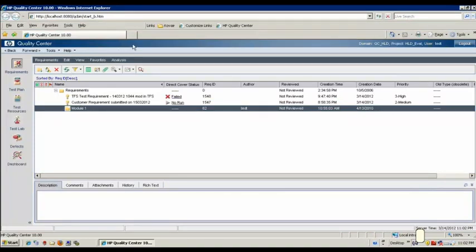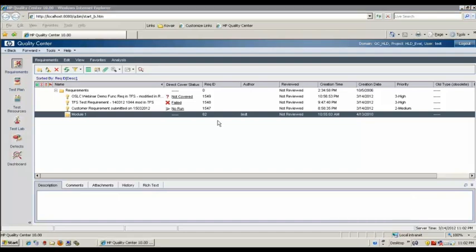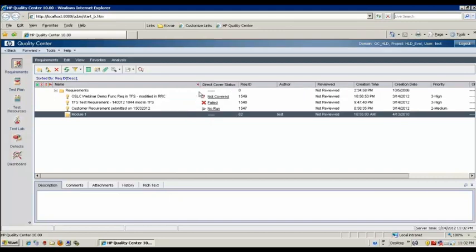So this is the HP Quality Center interface. And Quality Center has 3 different objects: the requirements, the test cases, and the defects. So this is the requirements tab. If I now click on the requirements interface, you would see that the requirement that was created from RRC as a functional requirement in TFS is automatically synchronized here in Quality Center. This is happening through COVAIR Omnibus integration that supports automated synchronization or replication of data. It is not through OSLC. So the replication that happened here automatically from TFS to Quality Center has happened through Omnibus